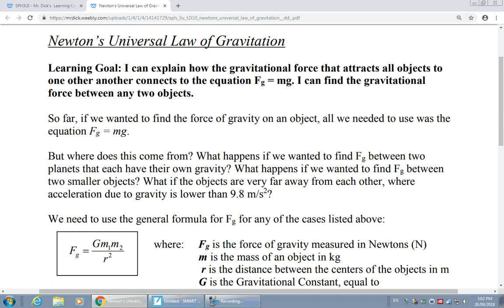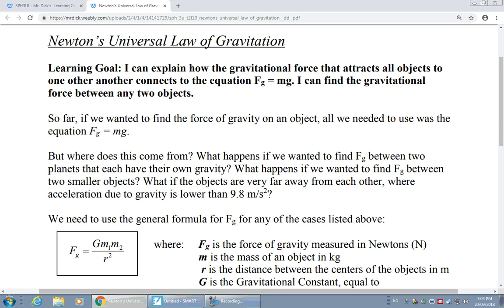We know that mass is going to be part of it, and how much mass you have affects how much gravity you'll feel when you're here on Earth, for example. But when we talk about gravity here on Earth, why is it specifically 9.8? If we were on some different planet, would it be some completely different value? And if we were very far away from this planet, would it be some different value than 9.8?